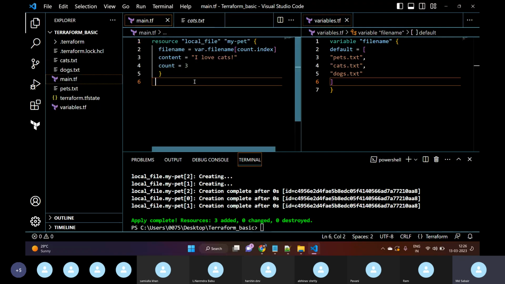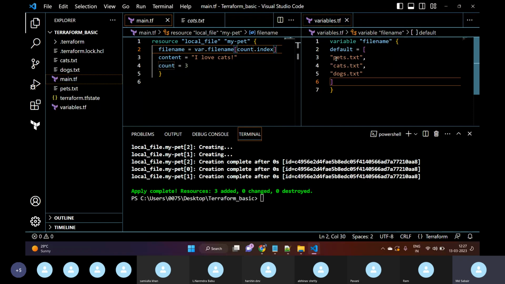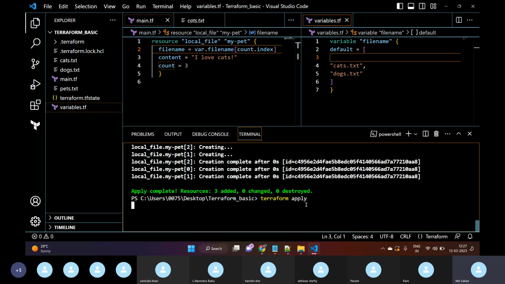So if you want to create multiple files, in such cases we can use the count meta argument. The variable should be var.file_name and count.index means count 0. This will check for 0 means pets.txt, 1 means docs.txt, 2 means cats.txt. For example, for some reason, let me remove this. So we don't have pets.txt now. We have deleted pets.txt. If I execute Terraform apply again,